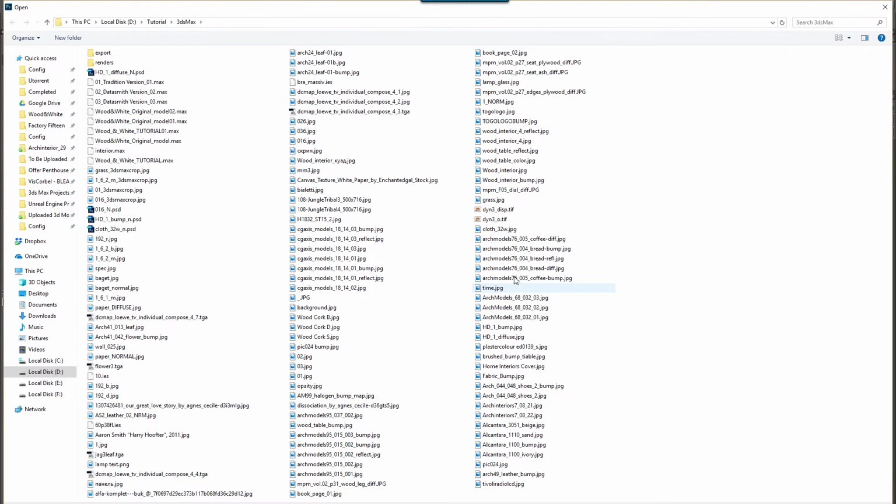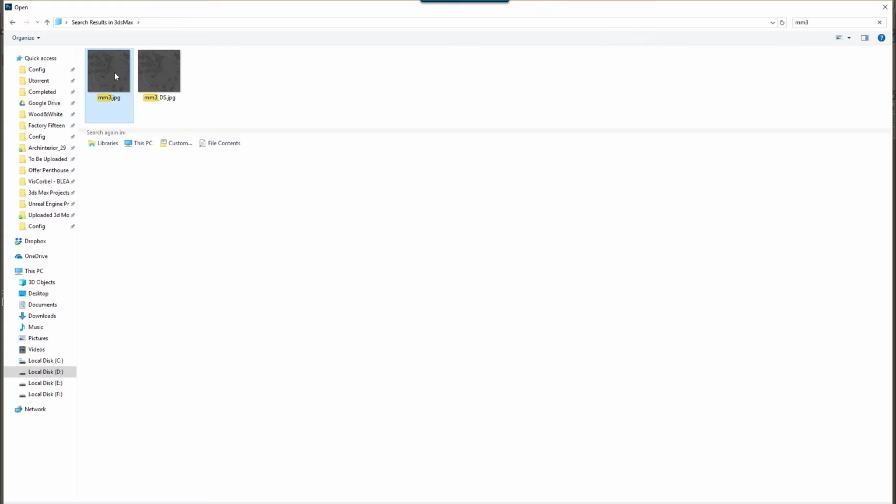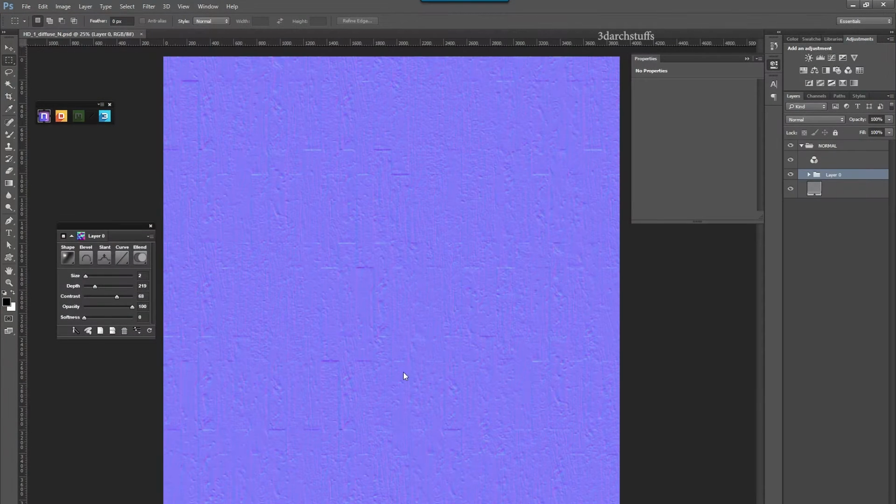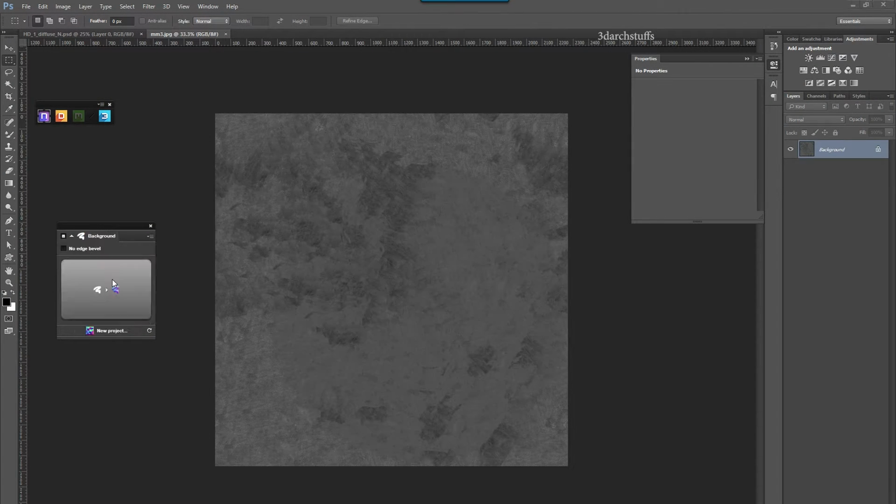Just go ahead and search where you have placed all the textures. Then I paste it with Ctrl V, and I can find that material texture very easily. Once I find it and open it in Photoshop, and I already have my pixel suit open,